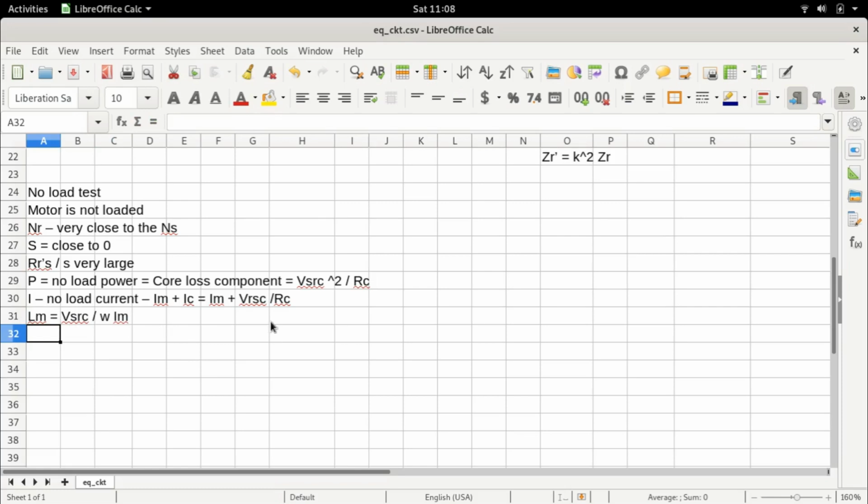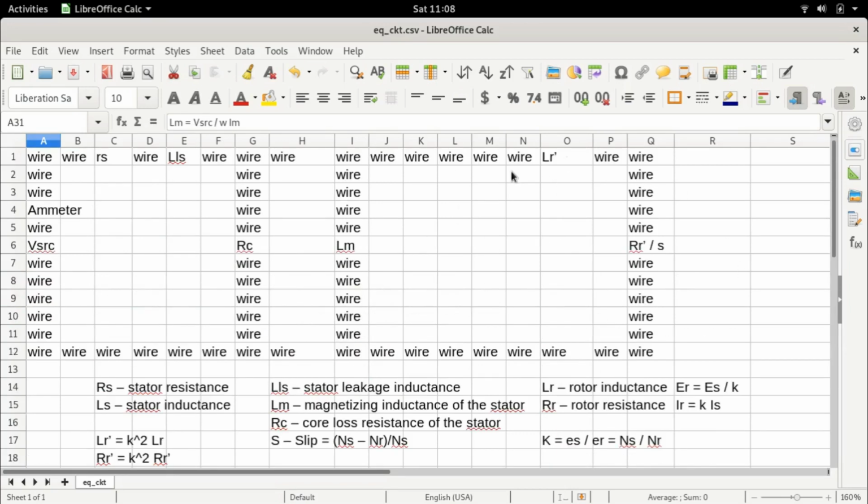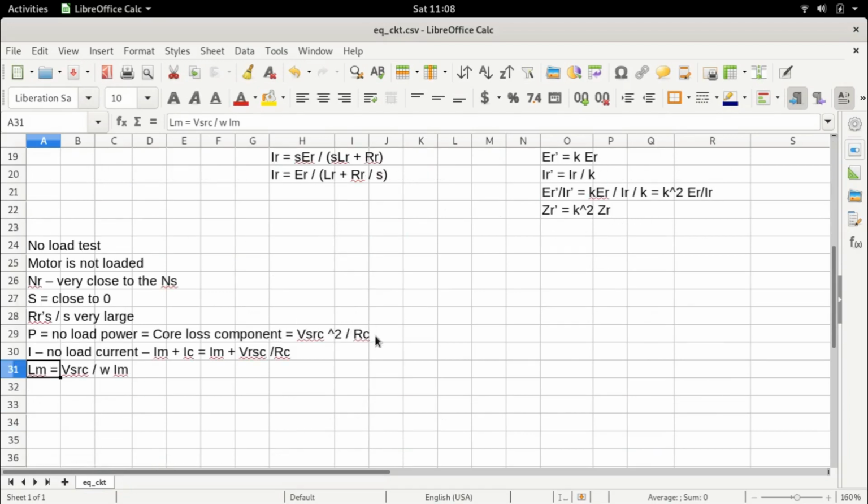So if we perform a no-load test on an induction motor, we can calculate the core loss component and we can calculate the magnetizing inductance with certain assumptions. We've assumed that this rotor circuit is completely open circuited because the slip is very small, and we have assumed that because the current drawn is so small, the drop across the stator resistance and leakage inductance is negligible. With these assumptions, which are actually quite reasonable, we can calculate the core loss resistance as well